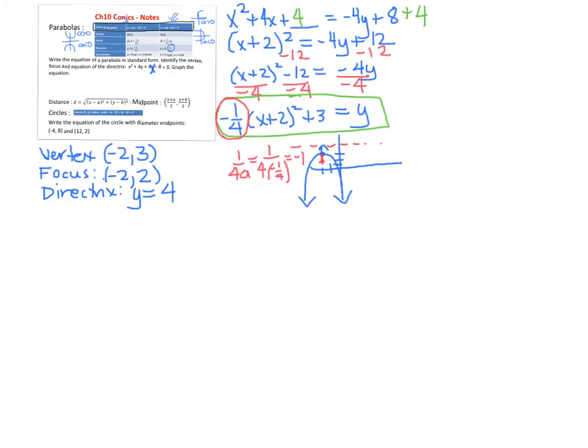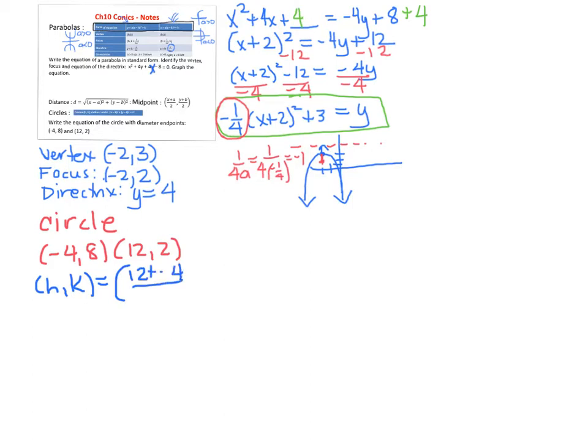One of the teachers doesn't want you to have the distance and midpoint formula, so you're going to need to know that. So for the circle problem, if I give you two points, (-4, 8) and (12, 2), those are the endpoints of the diameter. In order to find the center of my circle, my (h, k), I'm going to need to find the midpoint. You find the midpoint by adding the two numbers, so 12 plus -4, and dividing